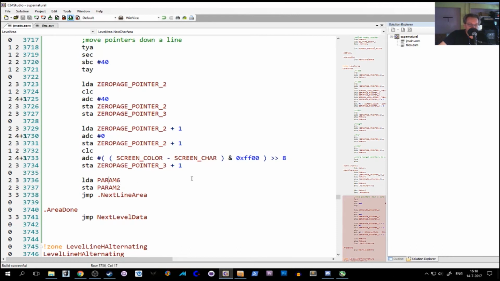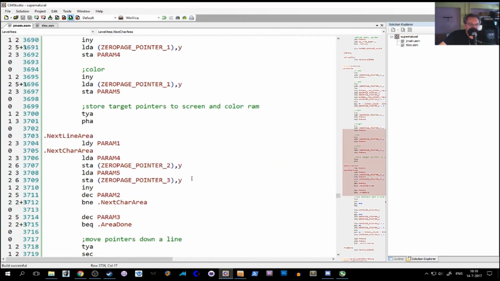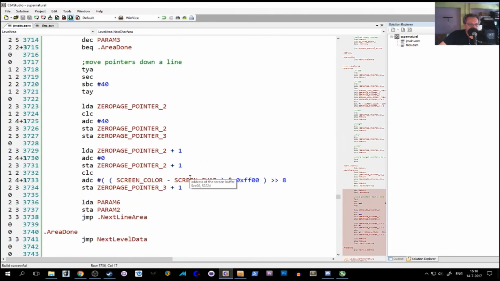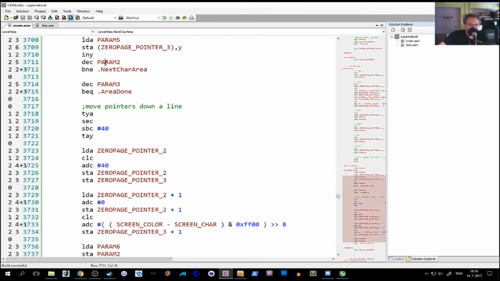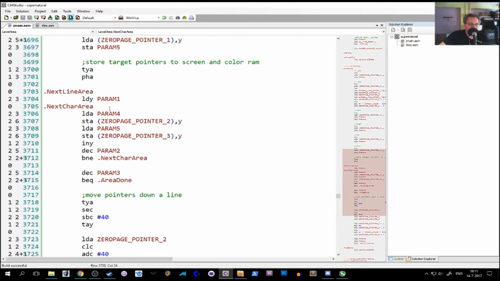Then we get our copy of the, what was it, height? I can't remember. 6 and 2 width. Okay, of course, because we've been decreasing the width right there, so we have to restore it. So we get our original copy of the width, we put that in parameter 2, and then jump to the next line area where we get the correct X position again, which is the